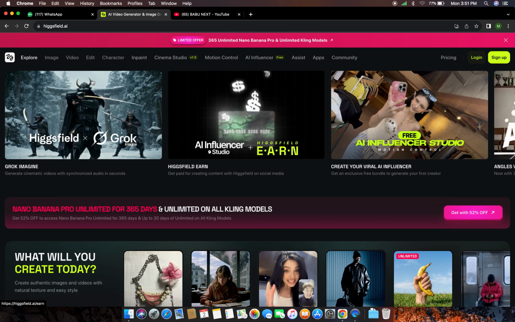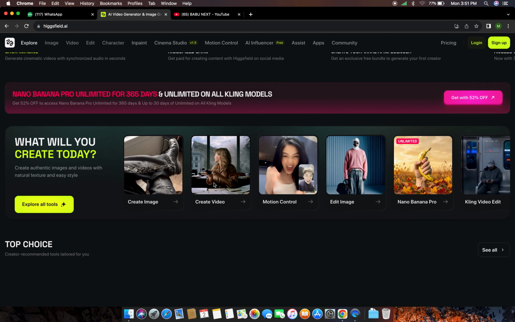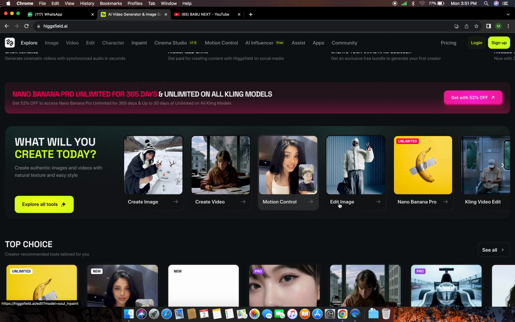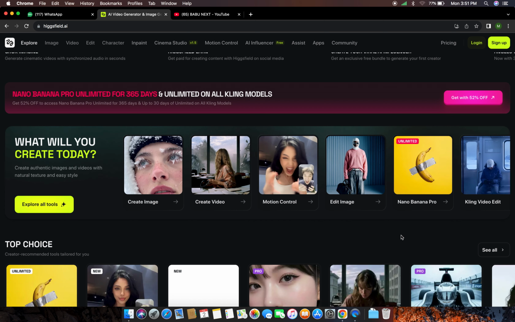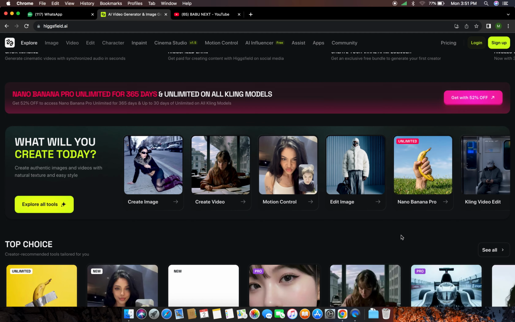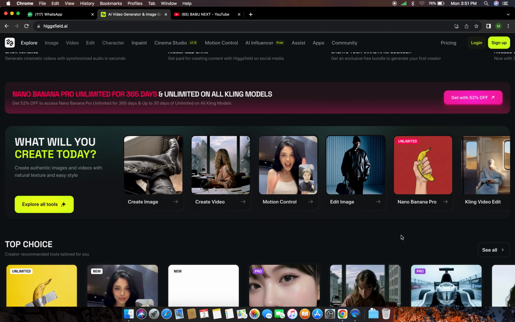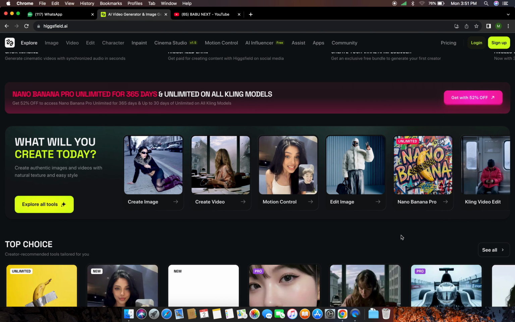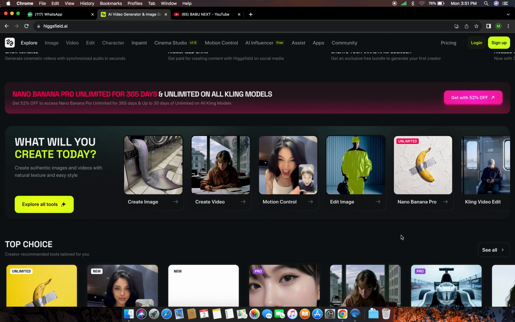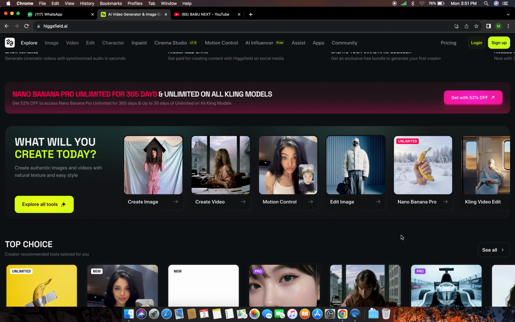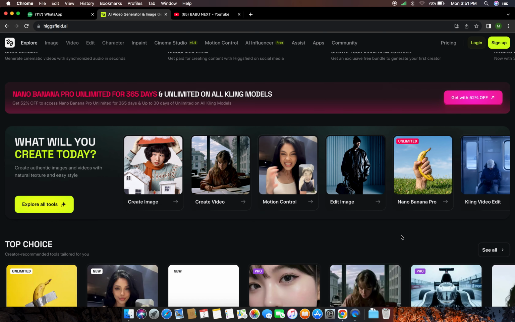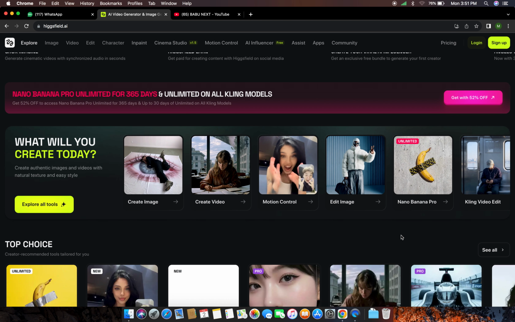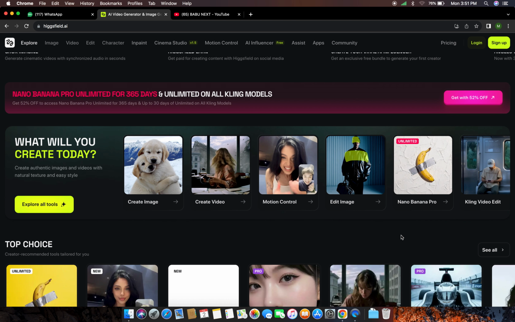As you can see, you can generate videos, images and multiple things you can see on screen. Create image, create video, motion control, edit image and multiple things the project will give you. It takes a short time and gives you a unique and high quality video. So without wasting your time, must join this project and make your own content from this platform and get more earning. And you can also post it on social media accounts to earn money from these videos. And the platform helps you more to grow in future.